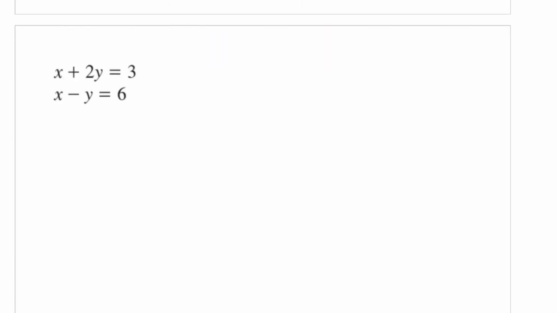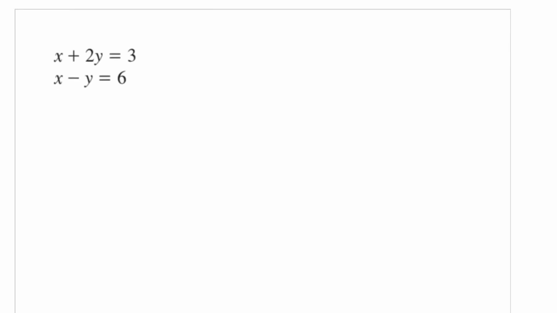Now for this problem here, you'll notice that you cannot eliminate one of the variables by adding the equations here. So what I recommend doing here is you would probably want to subtract these equations. The good thing about the problems in section 6.2, when you're solving linear systems by the addition method, is that you have two options. You can add or subtract. And for this problem, I'm going to subtract to eliminate one of the variables because x minus x is going